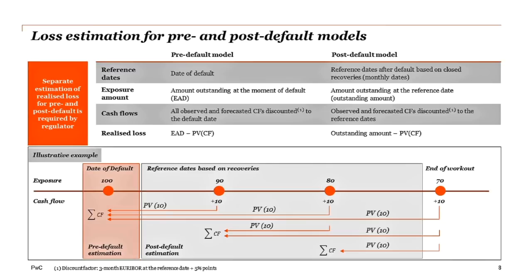So basically, if we have 2 or 3 different observations, they will all be used for forecasting purposes. Again, the forecasting horizon depends on the so-called recovery period in question. If it's 2 years, it could be 2 years. If it's 1 year, it could be 1 year. If it's 3 years, it could be 3 years. But at the end of the day, you have 3 observations for each of them. You use them as your target variable if you want to create a post-default model and try to figure out what the basic risk factors and drivers are.